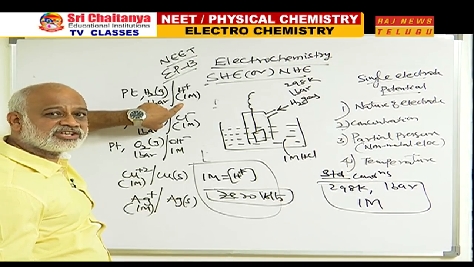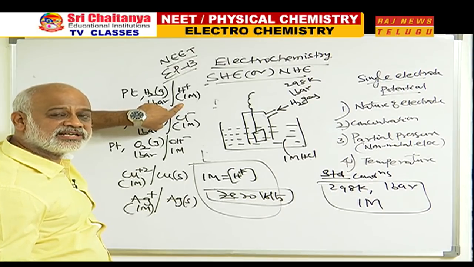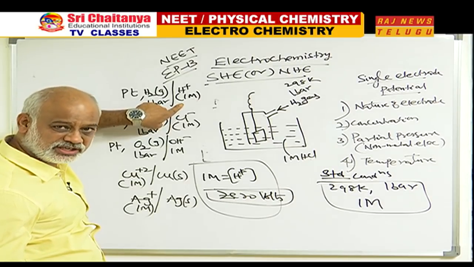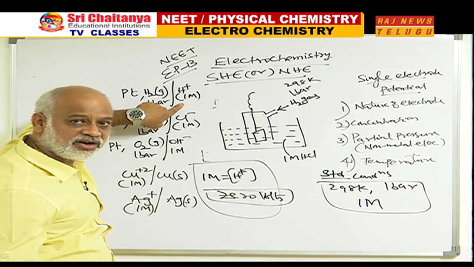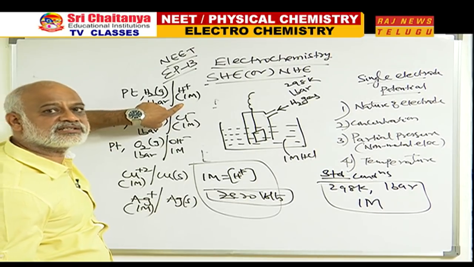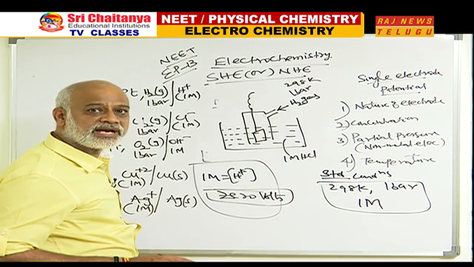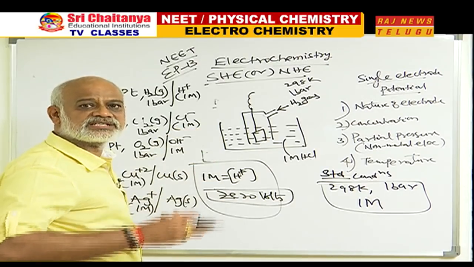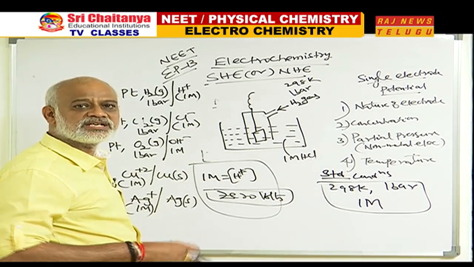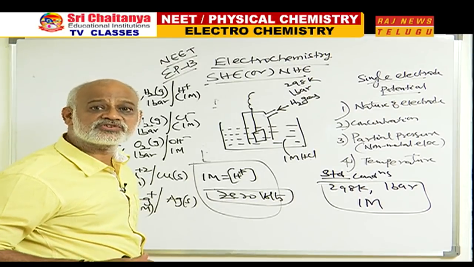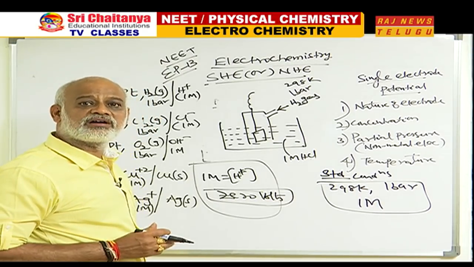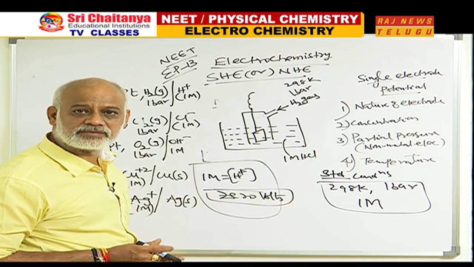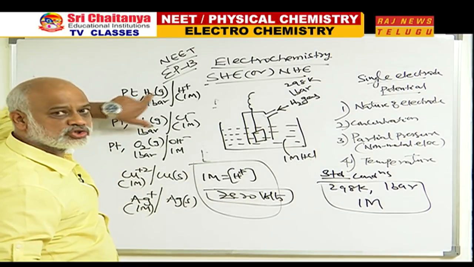This is generally the IUPAC system recommended; it is always better to represent the notation in reduction potentials. You can represent it by oxidation potential, you can represent it by reduction potential. The IUPAC recommendation is that we follow a particular pattern. If one person expresses it as an oxidation process and another as a reduction, it will be confusing. So, we always show the standard electrode potentials in the form of standard reduction potentials. Therefore, I used H2 and H plus.